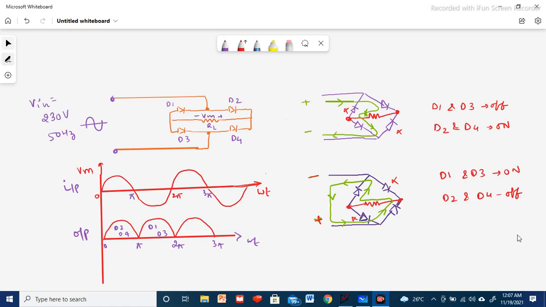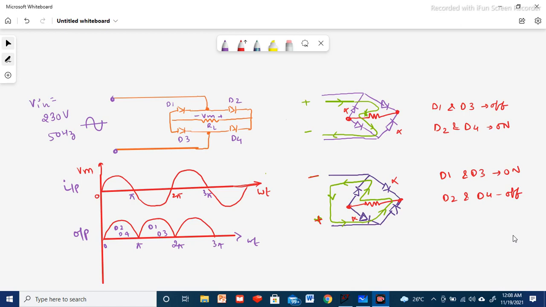Today in this video we will be seeing the full wave bridge rectifier working, the brief outline, how the signal varies across input and output and across the diodes, what will be the output voltage, how it varies, and then finally I'll simulate the same circuit using the LTspice tool and we'll see the input waveform and output waveform and their explanation of the output variation across the load resistor.